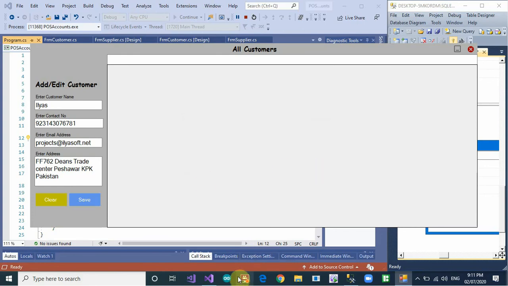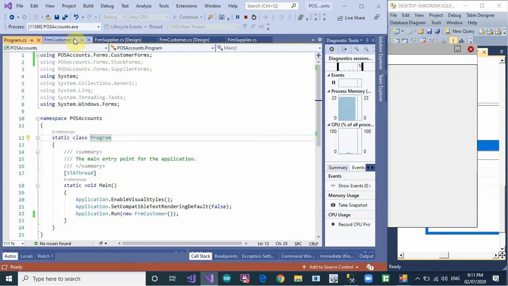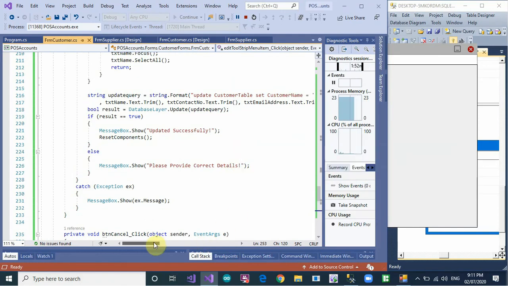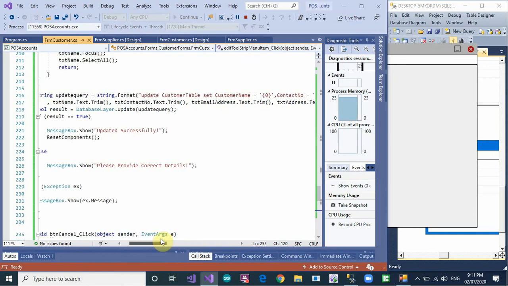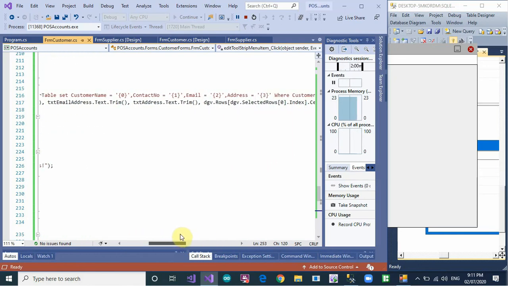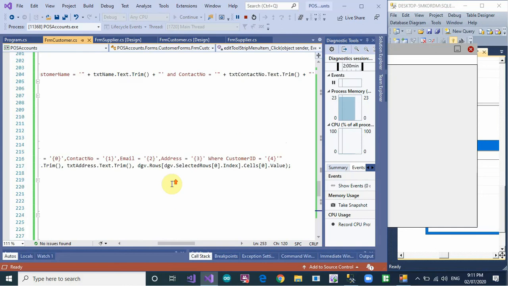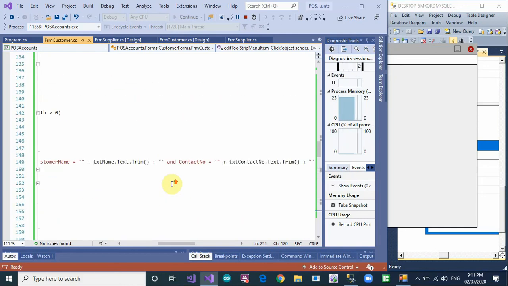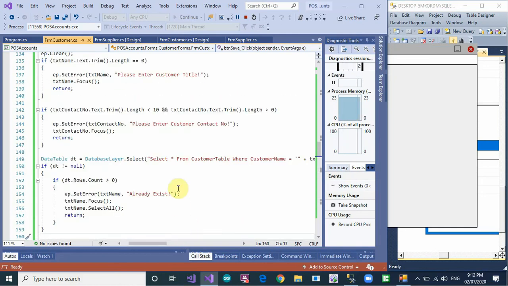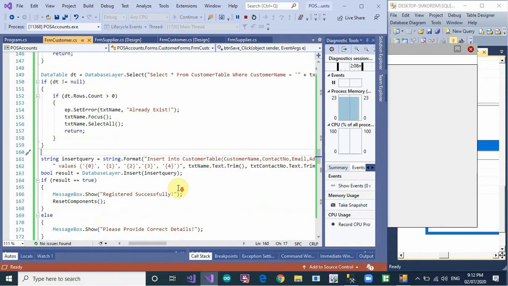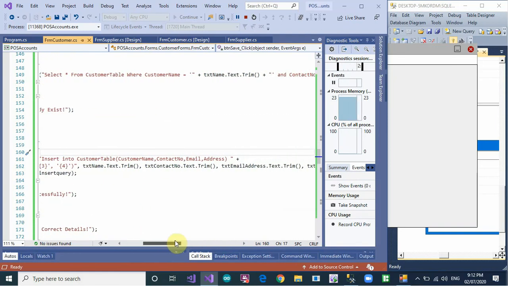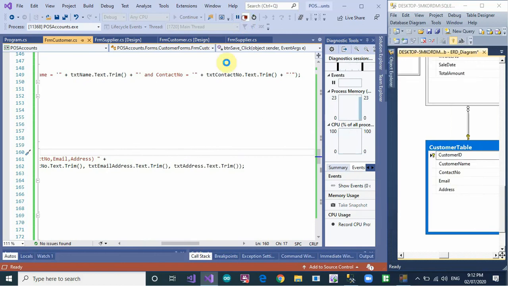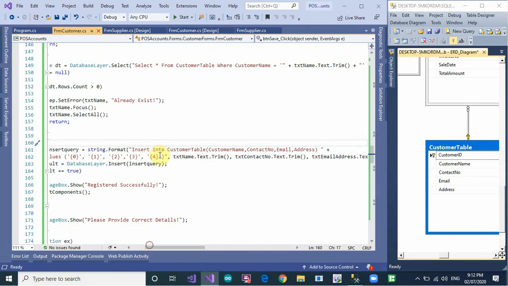Okay, now go to here and check it. 0 1 2 3 4, and then 0 1 2 3 4. Okay, it's complete, and then check the save button. 0 1 2 3 4, 0 1 2 3. Okay, now remove this 4